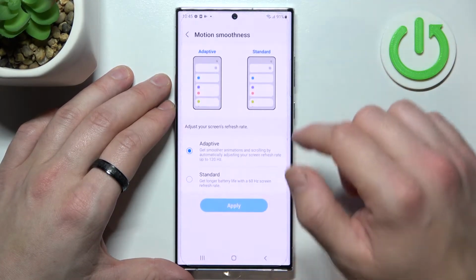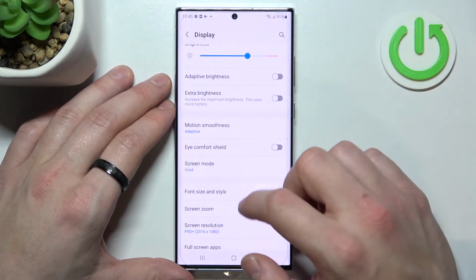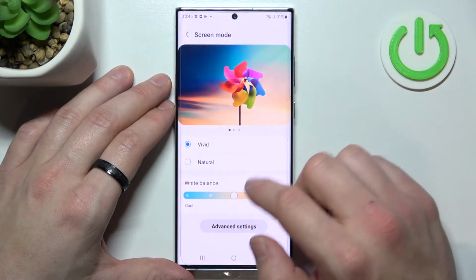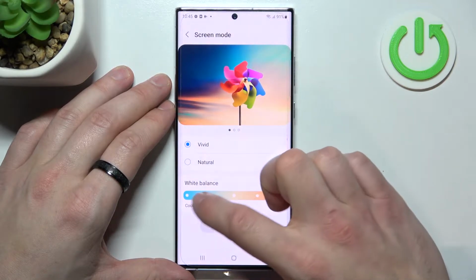Next, we can change motion smoothness between adaptive and standard, enable or disable eye comfort shield, change screen mode between vivid and natural. Also we can change white balance,